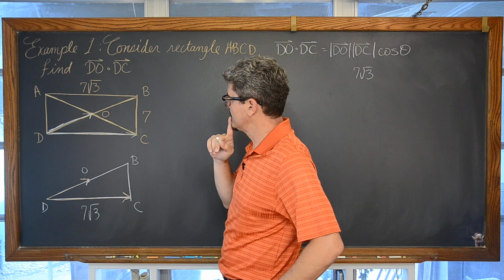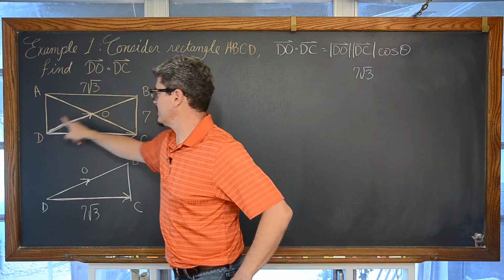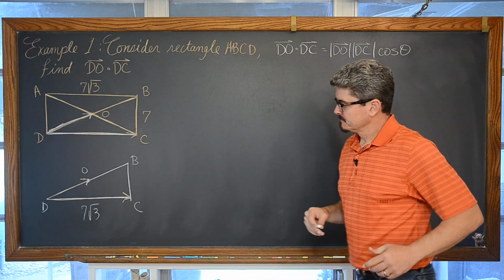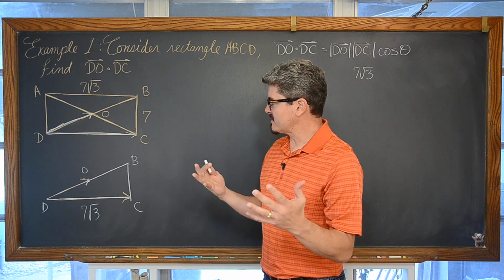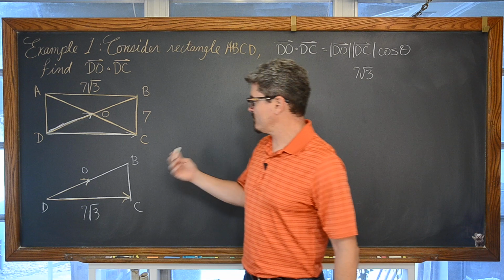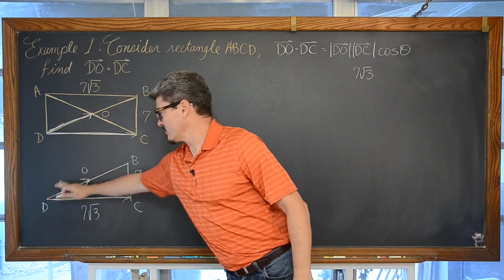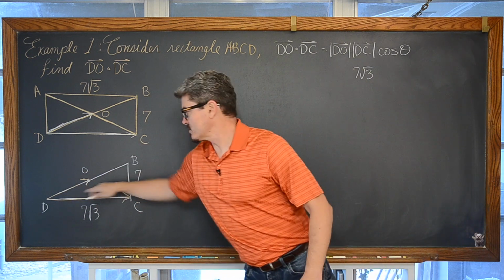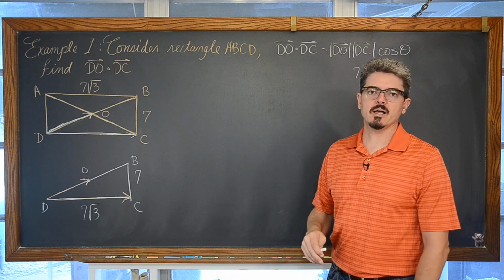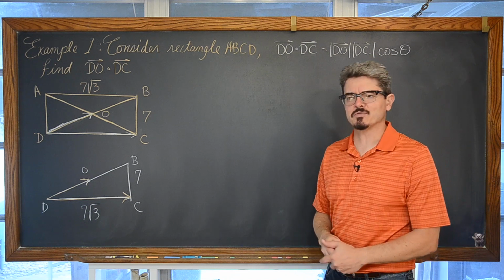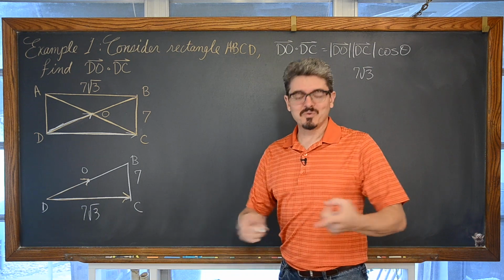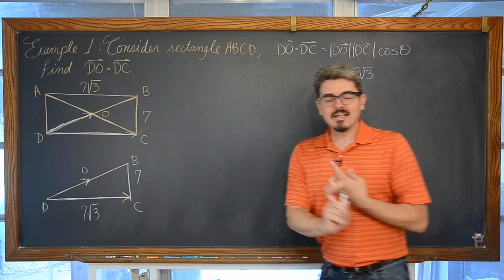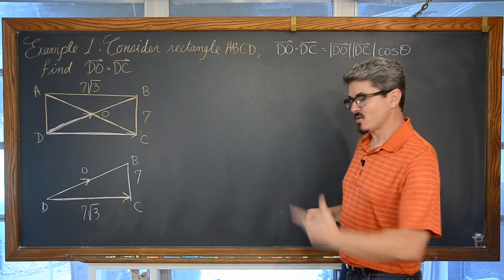Okay, so how long is this? Well, we can't find it right off the bat necessarily, except if we just look at the information given, and that's part of the reason why I pulled this portion of the rectangle out. Just look at those two sides and think about some special triangles from geometry. There were two that we always had to work with when setting up the unit circle, the 45-45 triangle and the 60-30 right triangle. So hopefully you recognize that.